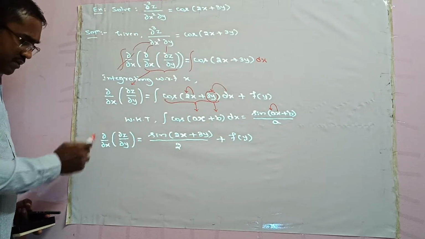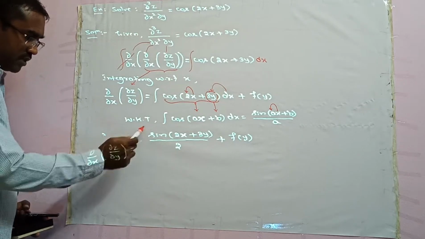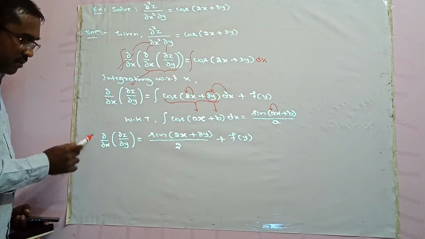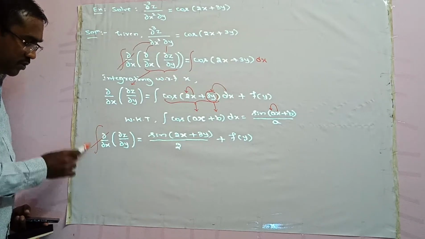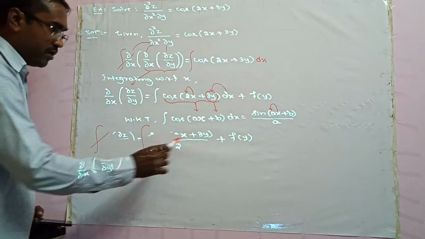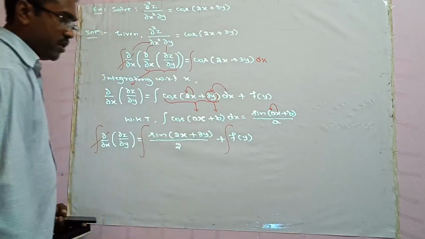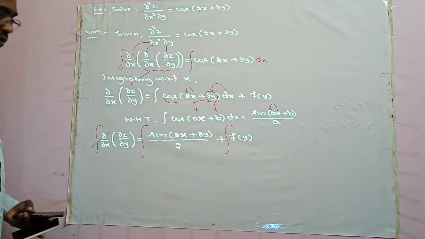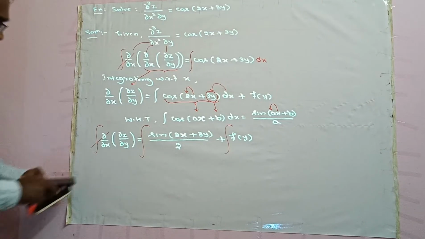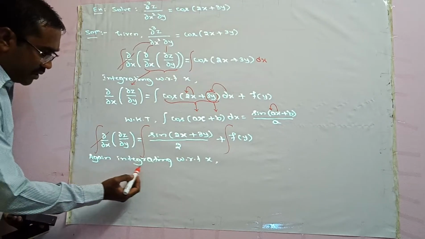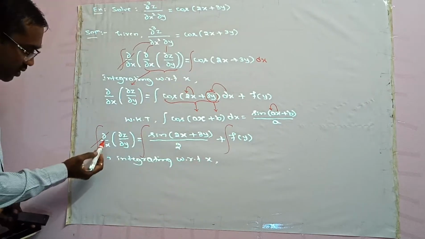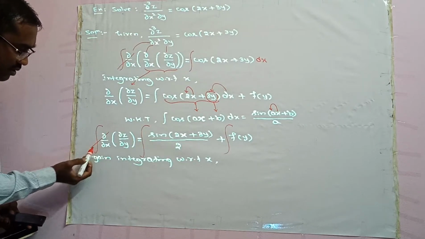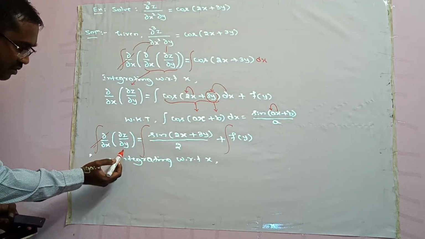Now similarly let us integrate one more time and eliminate this partial derivative. Your integral will come here and here, plus integration constant. One more thing we will get. So let us integrate this, again with respect to x. If you integrate, this integration and derivative will get cancelled. What remains is only